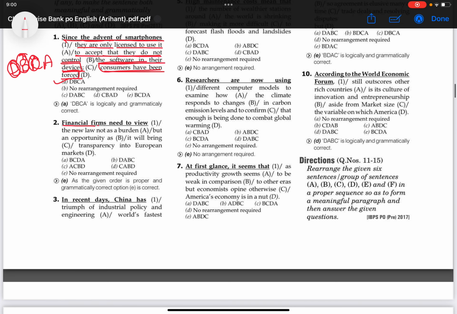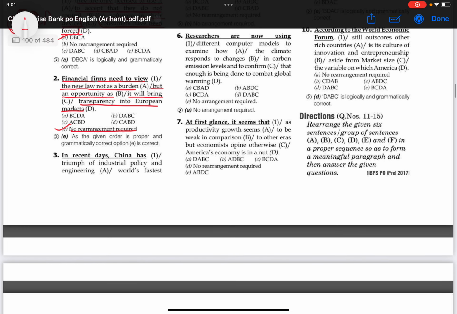Financial firms need to view the new law not as a burden but an opportunity, as it will bring transparency into European markets. No arrangement needed, it is perfectly correct. In recent days, China has triumphed in industrial policy and engineering, the world's fastest